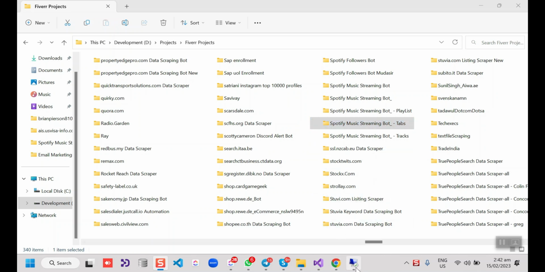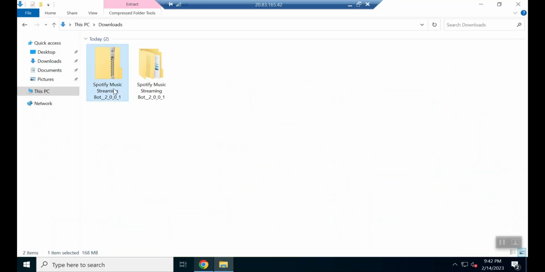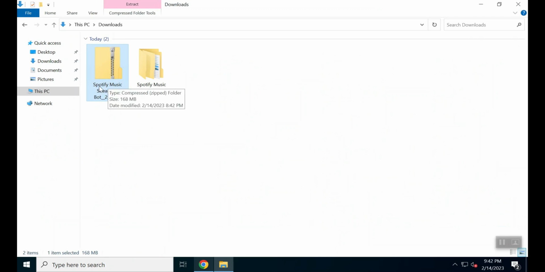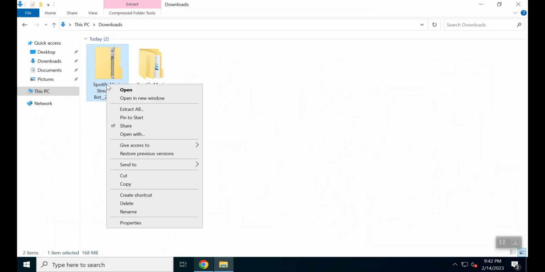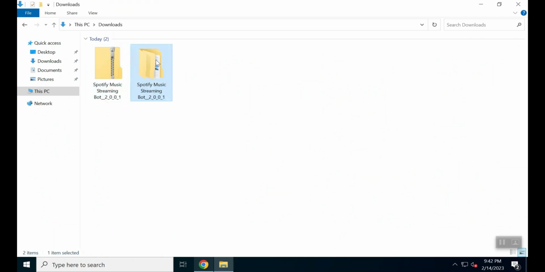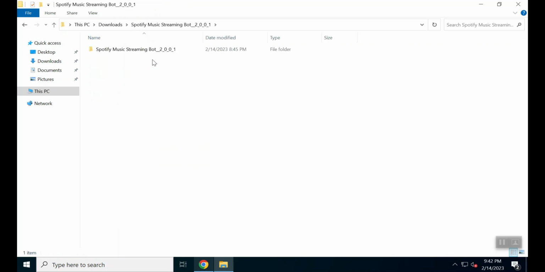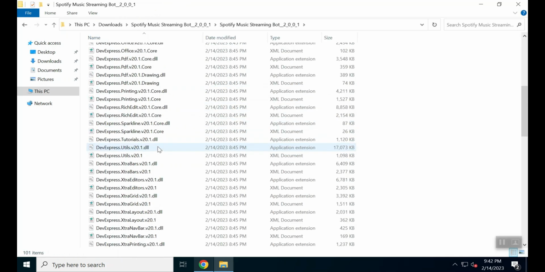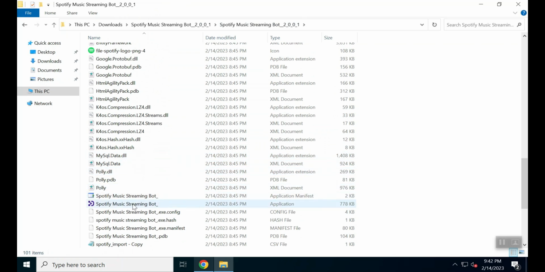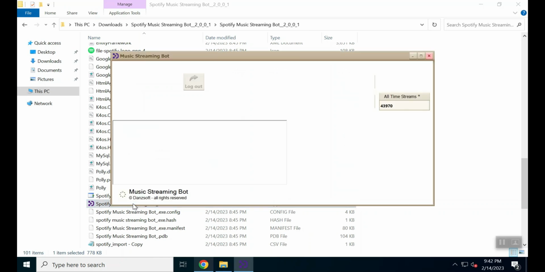So first of all, you will need a VPS. You will need to download the bot on the VPS, and when you download the bot you will have this zip file. First of all, you will need to extract it in a simple folder like this one, and then you will need to open this folder and run this Spotify music streaming bot.exe file. After that,